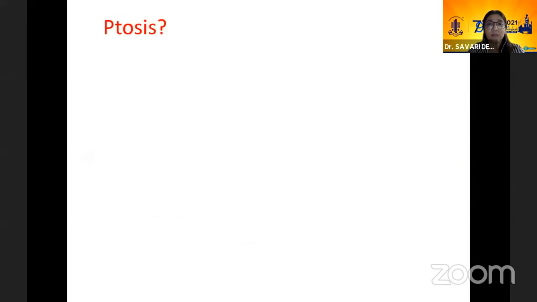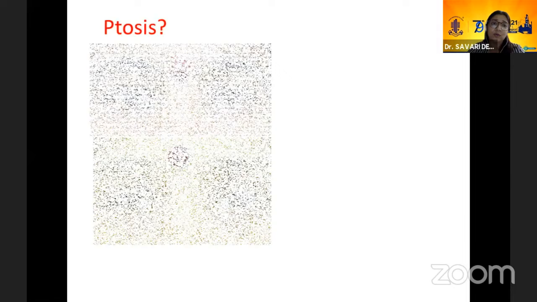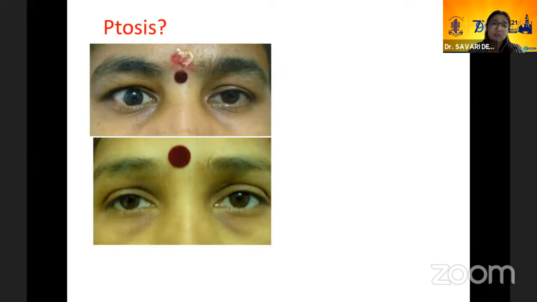So let's come to something very basic. Is there ptosis really? Let's look at these two patients. The patient on top complained of a left eye ptosis, while the lady below complained of a right eye ptosis. And they're absolutely right in what they're saying, that one eye looks smaller. So the simplest thing that we always talk about is to look at both the eyes together and see that there's nothing else happening in the other eye. So obviously in this patient, she has a contralateral eyelid retraction.